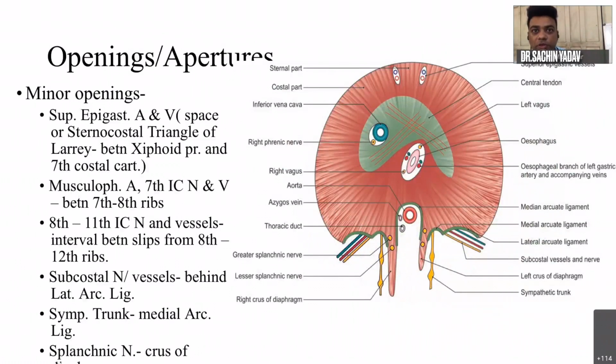The minor openings: you can see on the anterior part, the superior epigastric artery and the vein. Okay, so that space is known as the sternocostal triangle of Larrey, between the xiphoid process and the seventh costal cartilage. Fine, so you can see the superior epigastric vessel. So from above downward, that is from anterior to posterior, then there is the musculophrenic artery,